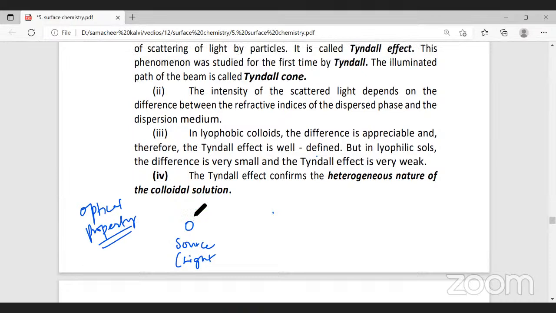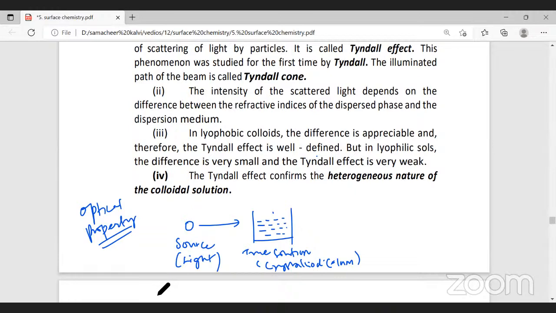Now, when white light is passed through a true solution, or a true solution can also be called crystalloids, where the particle size is less than 1 nanometer, what happens is the path in which the light travels will not be seen. So when you take a white source of light and pass it through a true solution, the path in which the light travels cannot be seen. But the same white light, when you pass through a colloidal solution,